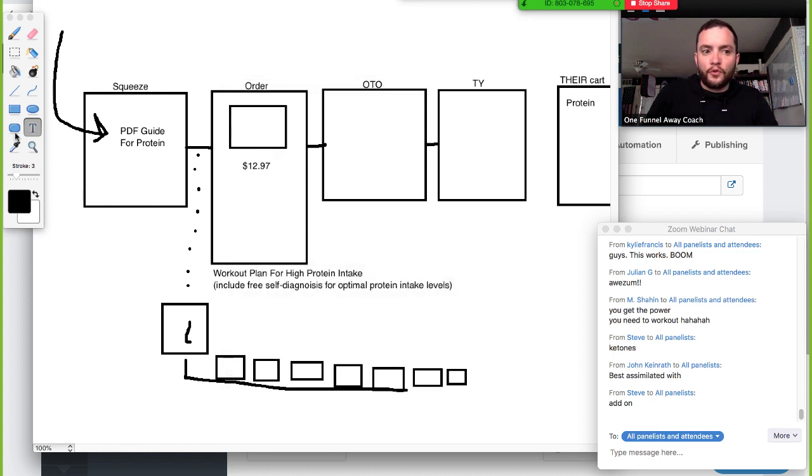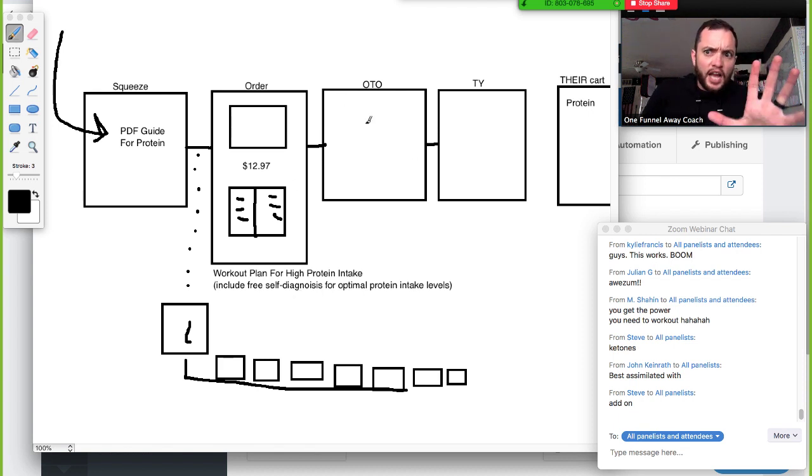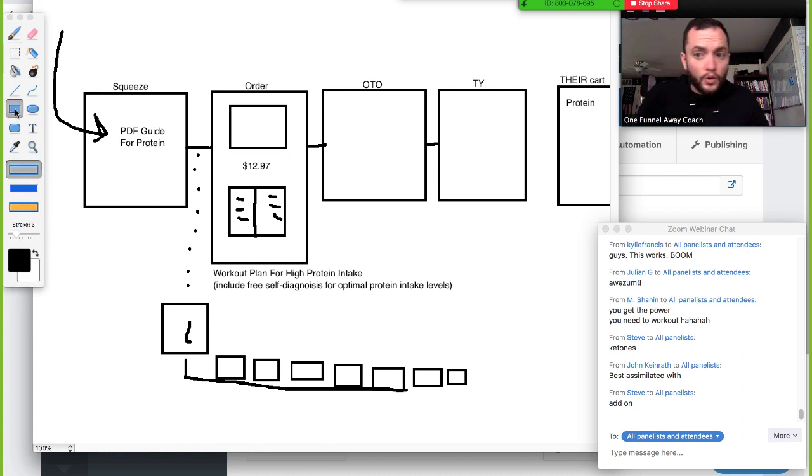So then they fill out the order form right down below here. Fill out the order form, credit card, they fill it out. They buy it. You send it out to them automatically, which is super cool. And then on the next page, you're like, hey, wait a second. If you want, we'll get on with you one-on-one. Or if you want, we actually have this cool rebate for